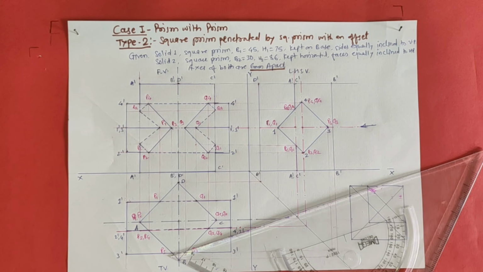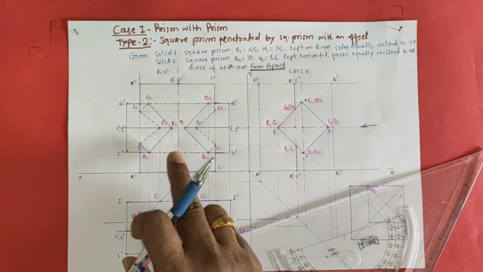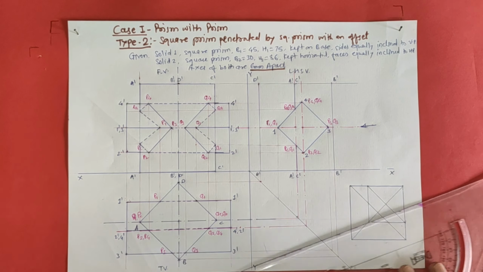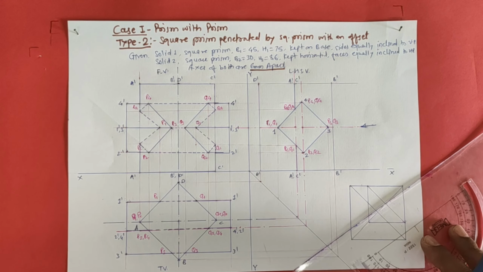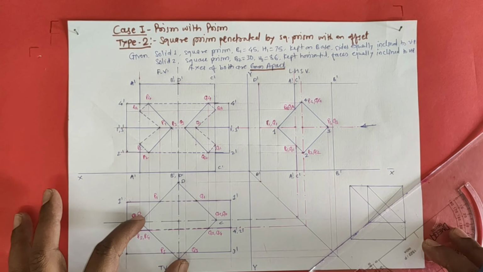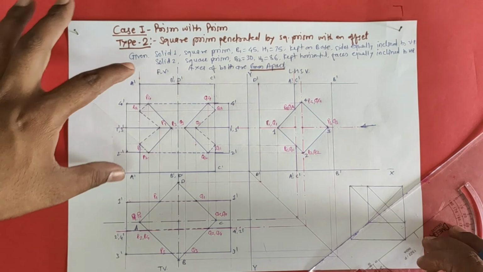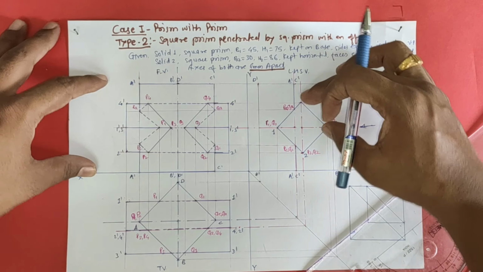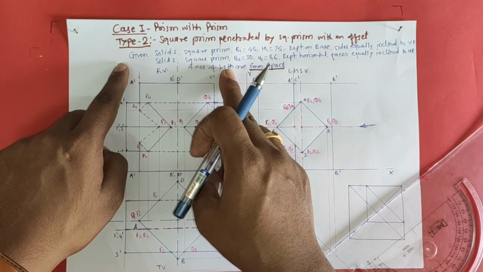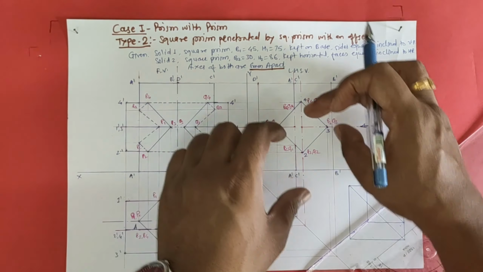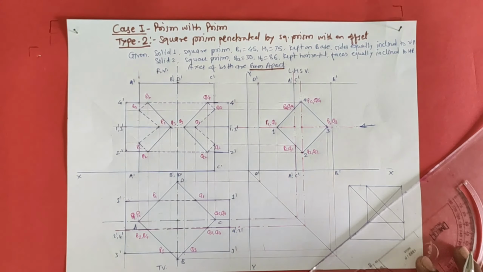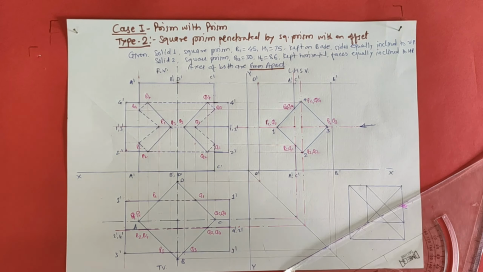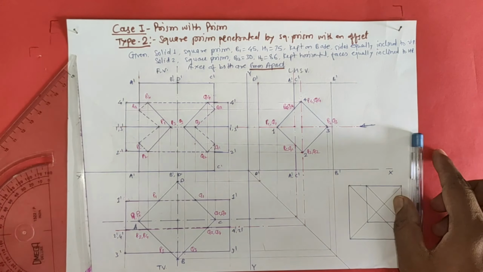Okay, so it completes joining of all the points and all the edges. And now the last point is to give dimensions to it. I will give dimensions to this side, the height to this side. Similarly I will give the height to this side of the second view, and the edge of the base to the second. Okay, dimension it and finish the problem. Okay, thank you.